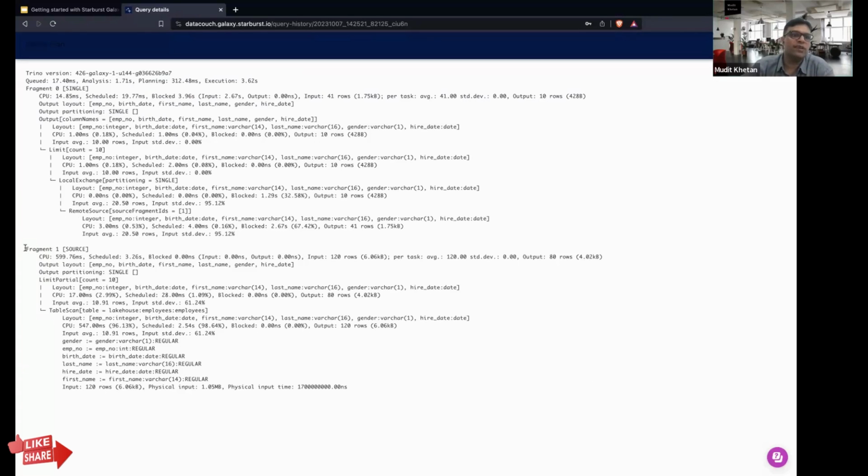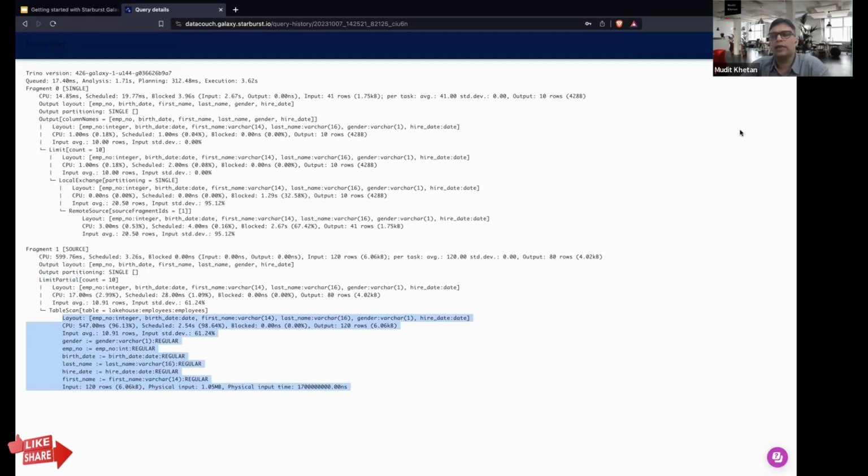So this query was executed in 2 fragments. Because it was a limit partial, there was a table scan. Once the table scan was completed, it told you what columns it was scanning. So it scanned the gender, employee number, birth date, last date, hire date, and so on. So all that information is available.